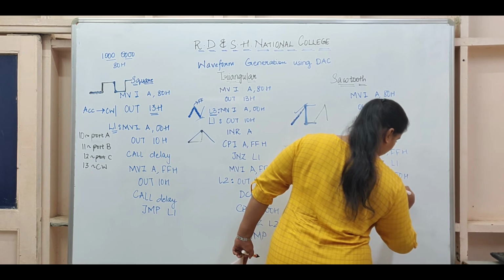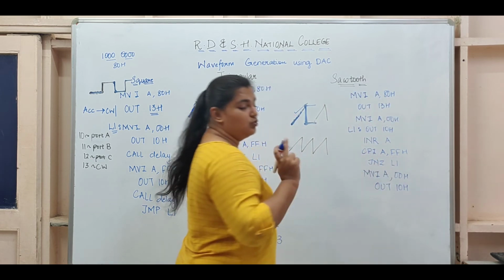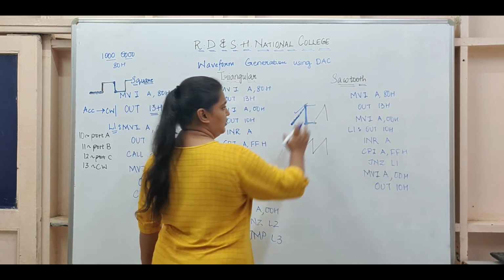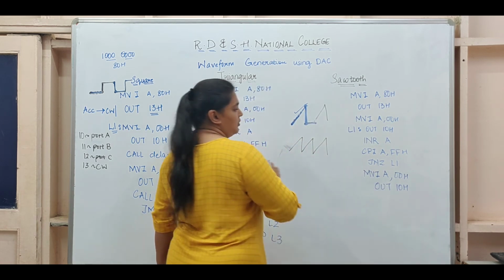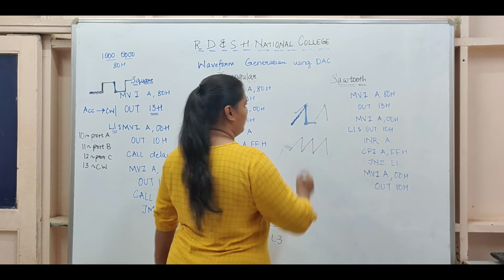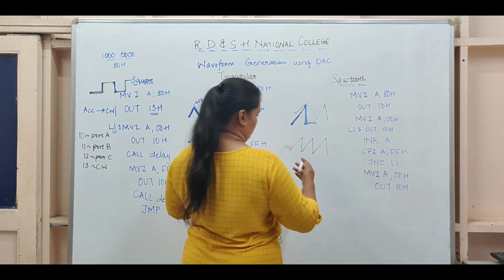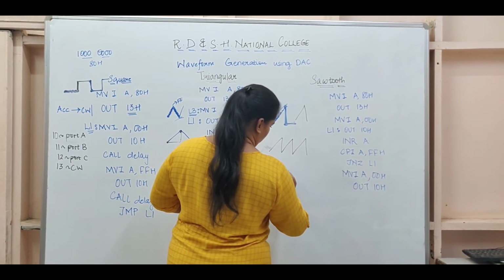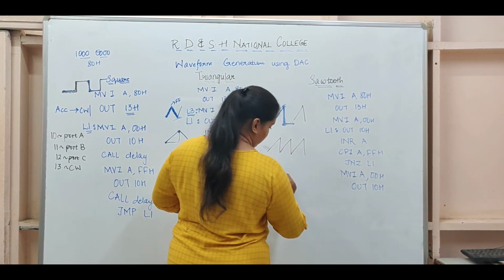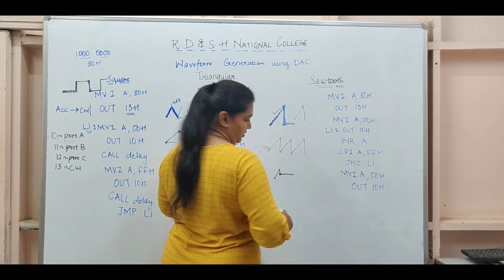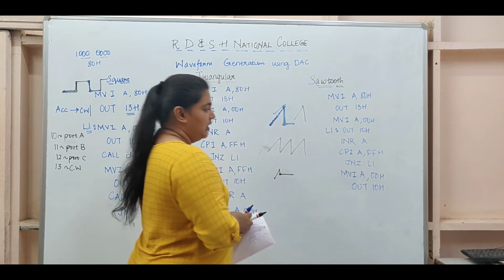Don't forget, any value you want to display has to go out to port A. You may write the right code, but if you forget out 10H, your value is not going out. So wherever you are in the meanwhile, if I was here and I have forgotten out 10, it will keep wasting time here. So this is very important.